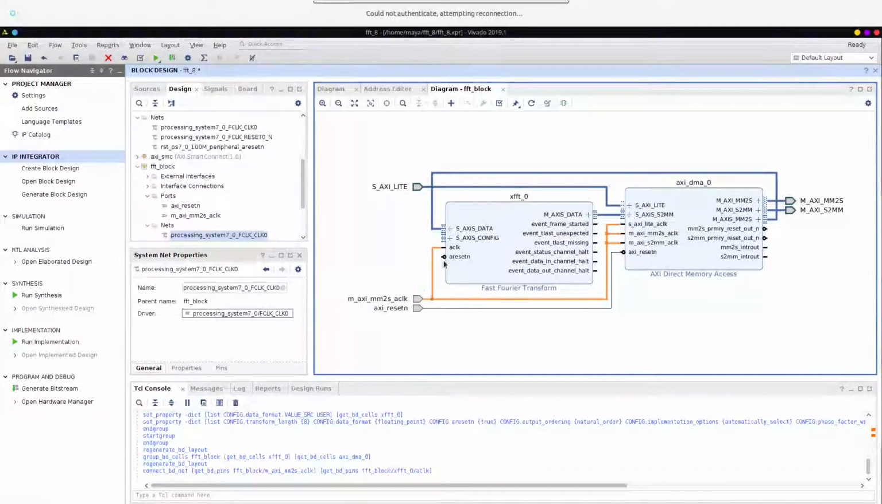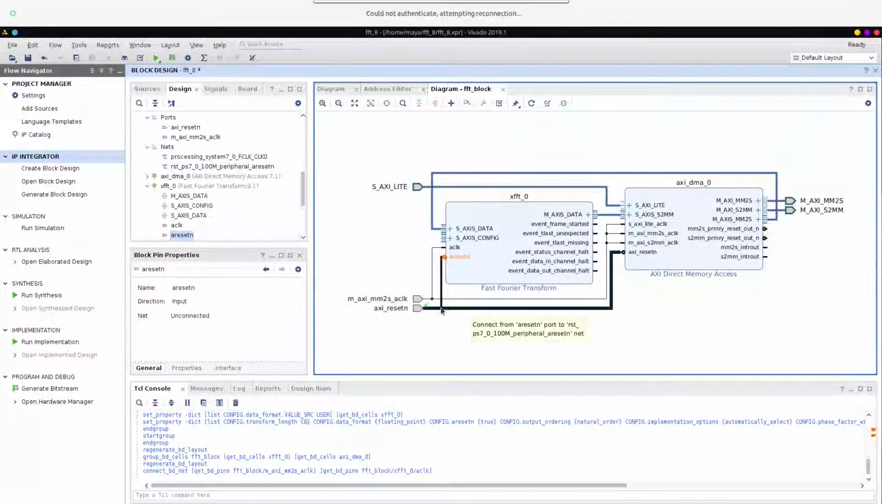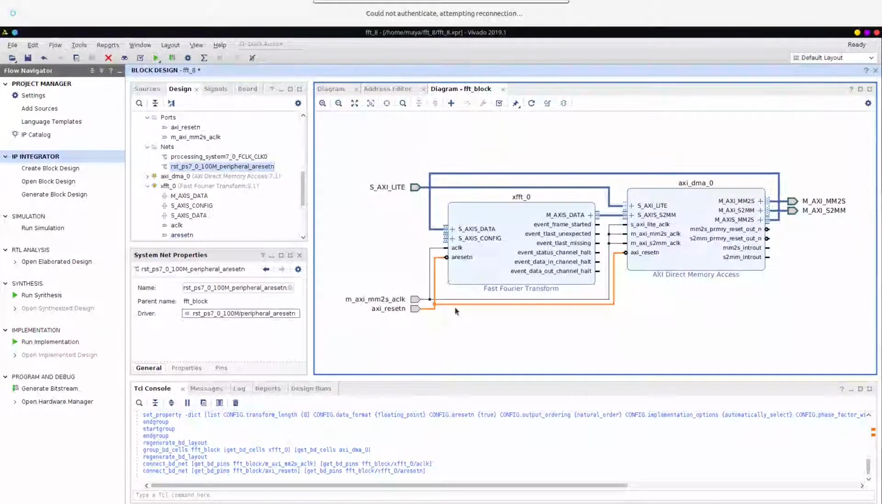So first of all, let's add the clock and reset to the specific clock and reset. So here they are connected, and now